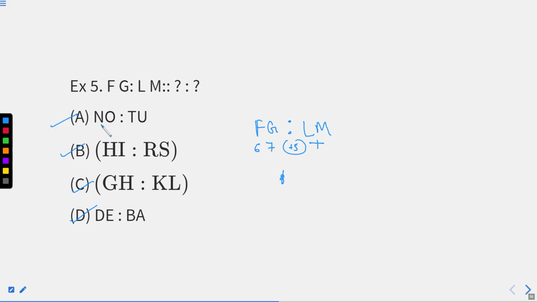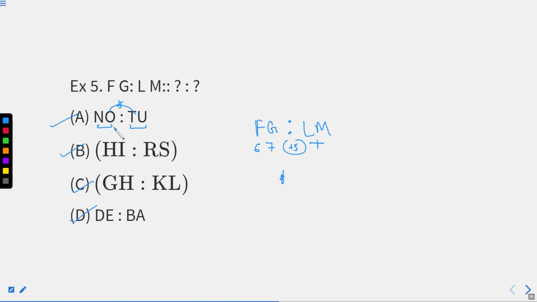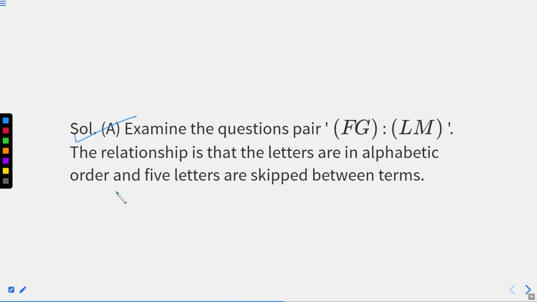We can see that M, N, O are as per the alphabetical series. So, if we add 5 to O, it comes out to be P, Q, R, S, T. Yes, exactly, it is coming. T and U. So, we can see that there is a gap of plus 5, right? And here A is our answer. This happened because we were able to identify our answer in the very first option itself, right? Now, we know that A is the answer. Why? We know the reason as well this time, right?